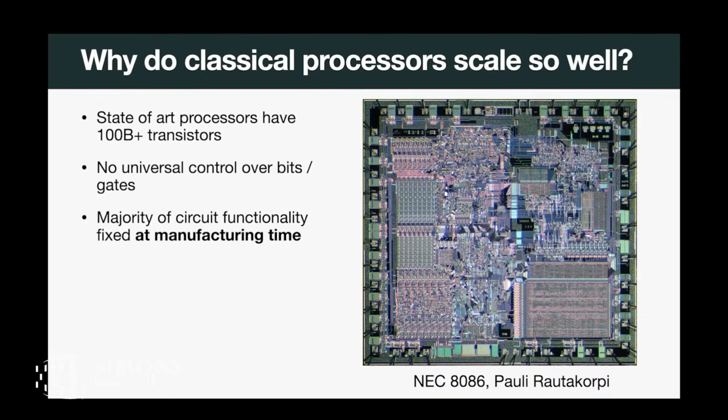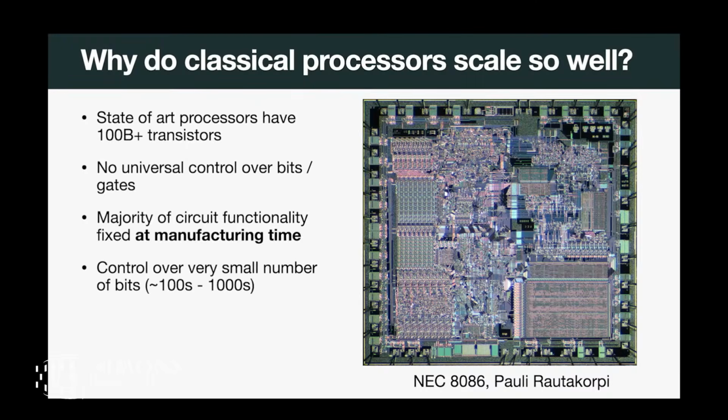Here I have a picture of a processor manufactured in the 1980s. It's a very famous design, the 8086, and it has roughly 30,000 transistors. If you look really closely, those connectors that I showed you previously are these little pads at the periphery of the chip. There are only about 40 of them or so.